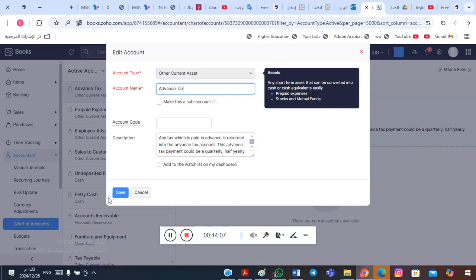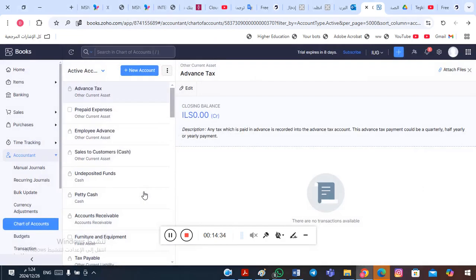You can make the changes you want, but you have to pay special attention to that procedure, especially if you want to change details which can affect your balances and your accounts. So